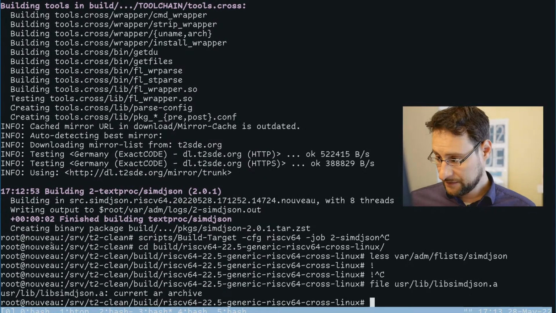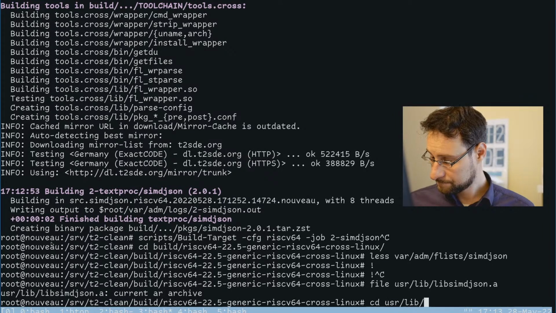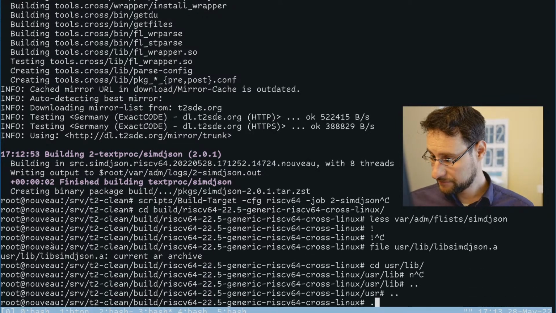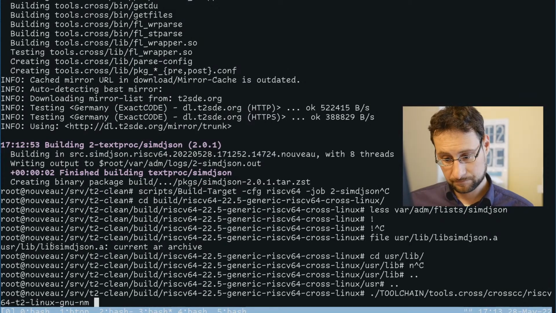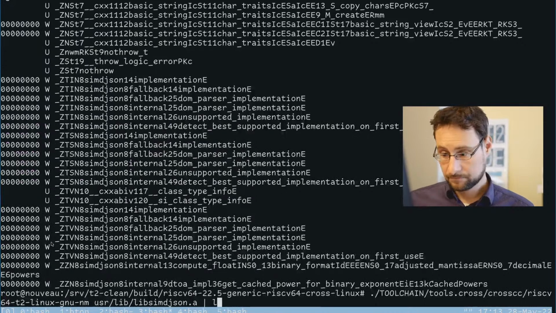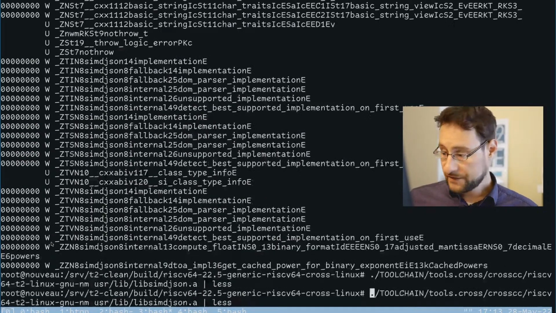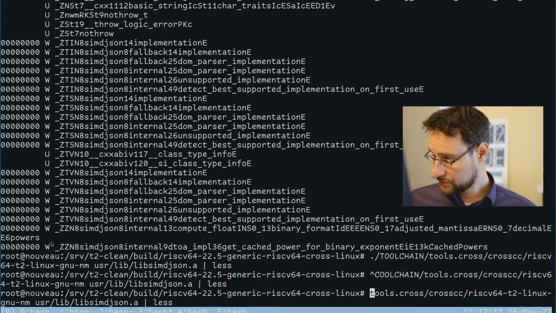Here's a pity, that actually we use... So yeah, as this worked, I guess that should be RISC-V. Let's see.